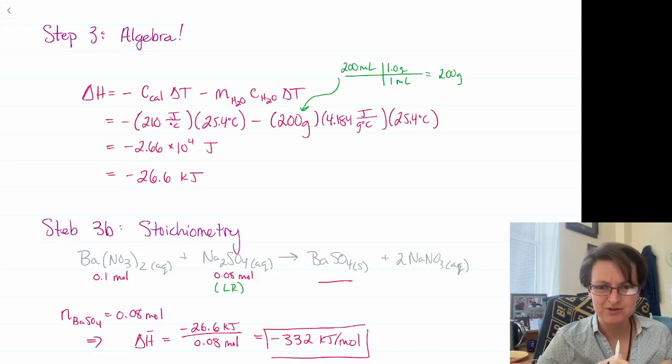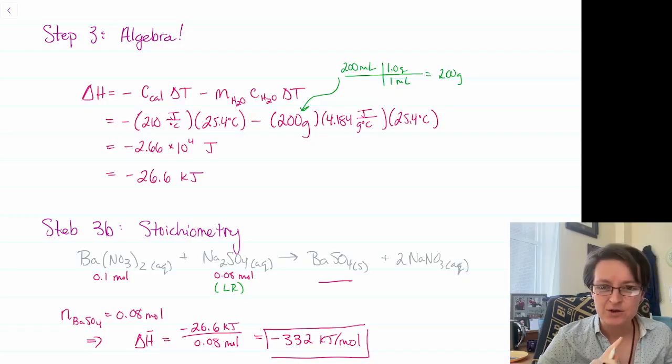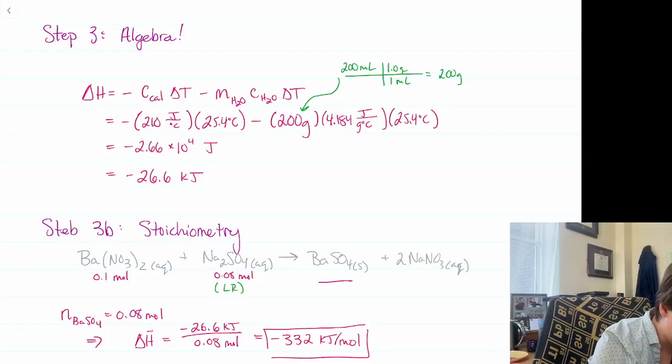Because this stoichiometry is all one-to-one for the quantities that we're interested in, it's pretty easy for me to spot without having to do the math that since everything's in a one-to-one ratio and I have the least amount of sodium sulfate, clearly that's going to be our limiting reagent. And so the moles of sodium sulfate, if I have 0.08 moles of that, and my balanced equation tells me that that is in a 1-to-1 mole ratio with my barium sulfate,